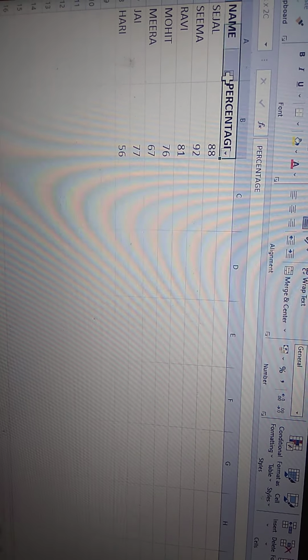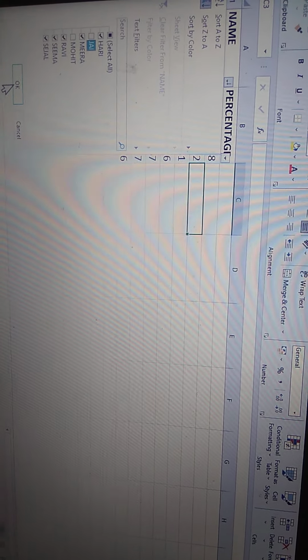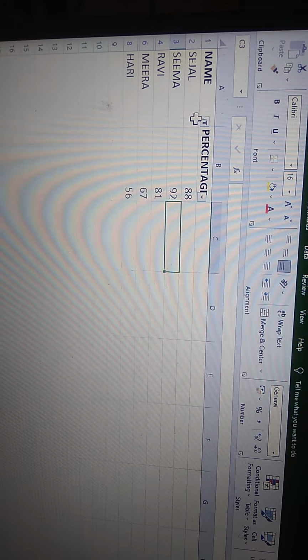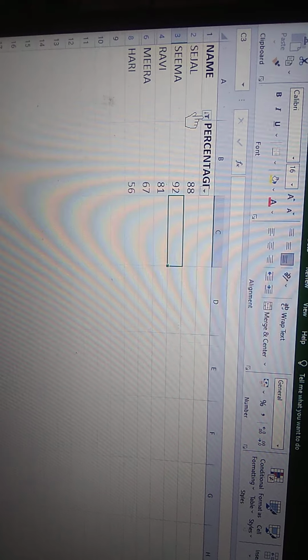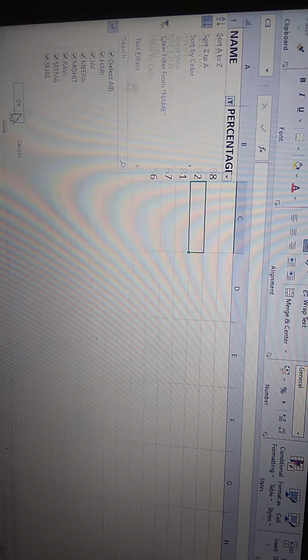So here, now I clicked again here, and here at the down one you will get that in front of all the names a check mark is there. If you want to remove the check mark, you can remove it. By removing the check mark, that record will not show on your screen. And if you want to see all data again, then click the filter button and then click select all. You will get all the records. Click the OK button, you will get all.